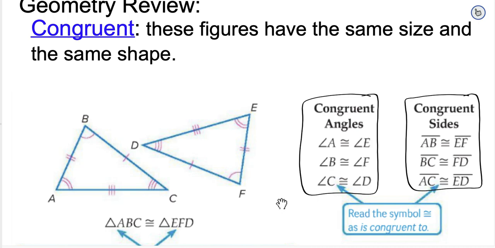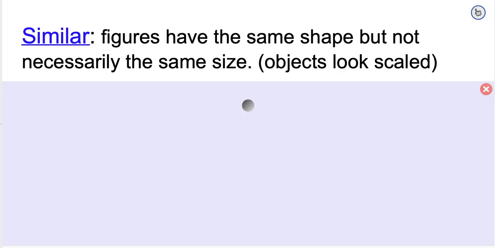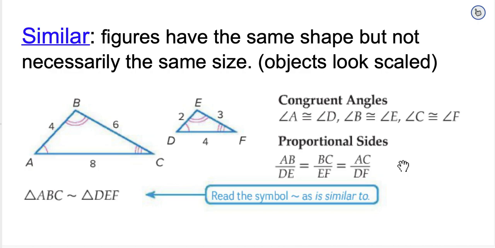Okay? Similarities, so similar, they have the same shape. Okay, so like a triangle and a triangle, or a trapezoid and a trapezoid, but not necessarily the same size, and they look scaled. That means one looks bigger or smaller than the other one. Okay? Your angles are going to be the same, but your side lengths will not be the same because it's going to be scaled up or scaled down. All right? And then there's a